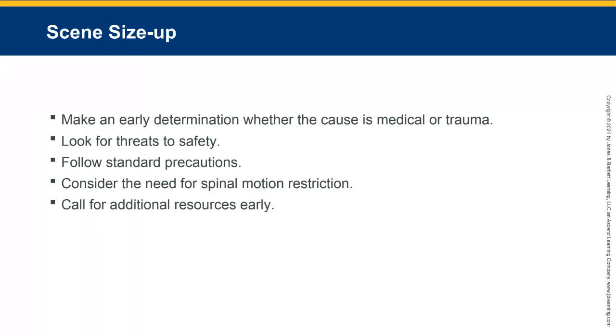All right, so that's the pathophysiology of the problems. So we have looked at the review of the anatomy and physiology. We have looked at the pathophysiology, which is the problems that you will encounter in the field. Let's look at the patient assessment approach to these patients. So start with your scene size up, make an early determination whether the cause is medical or trauma once it's possible. Look for threats to safety, follow standard precautions, consider the need for spinal motion restriction, call for additional resources